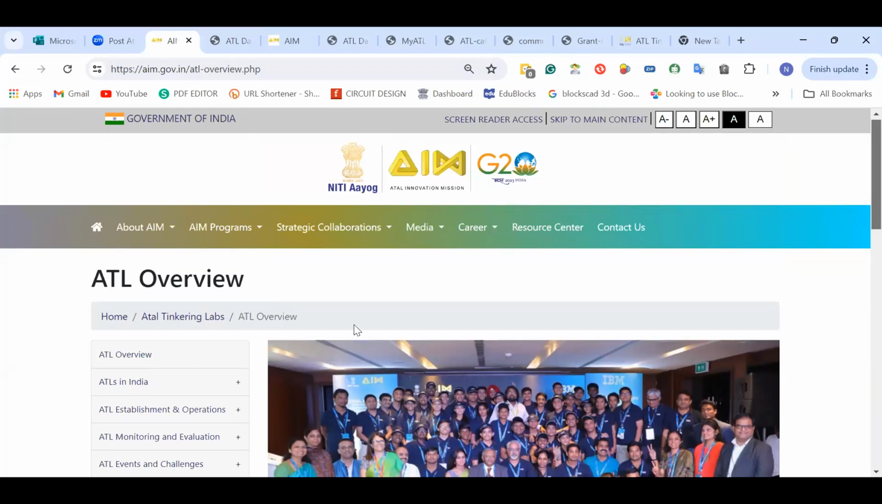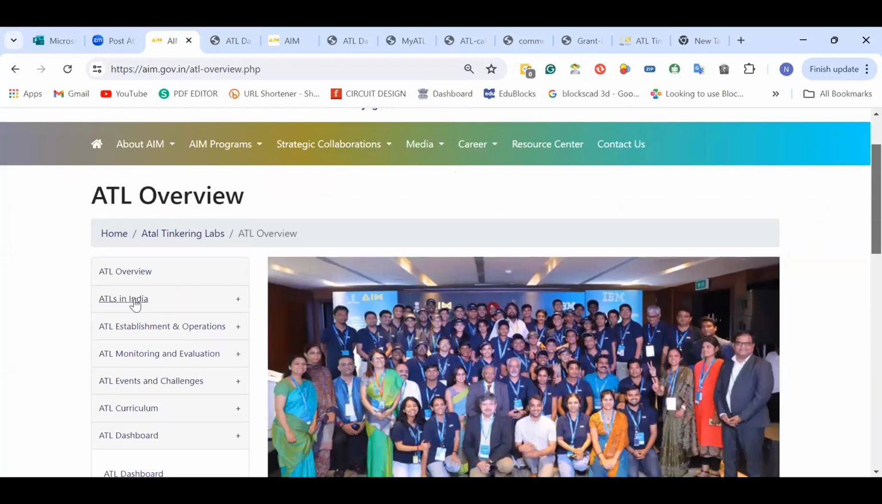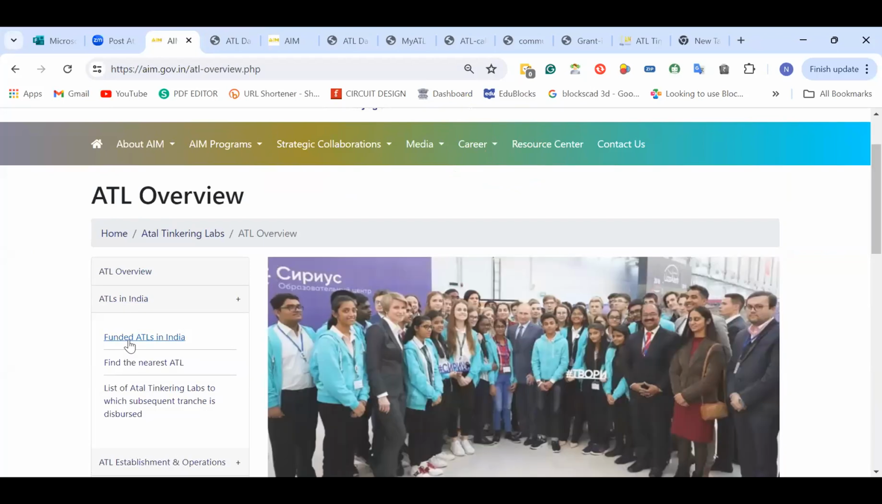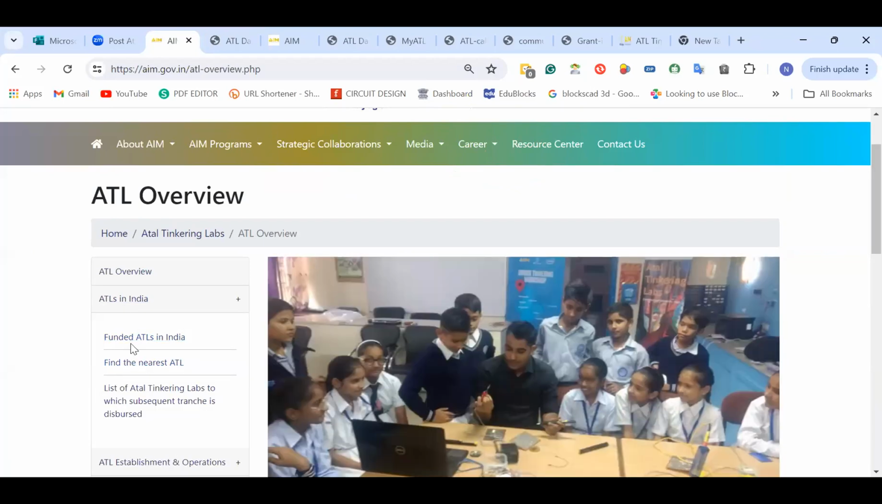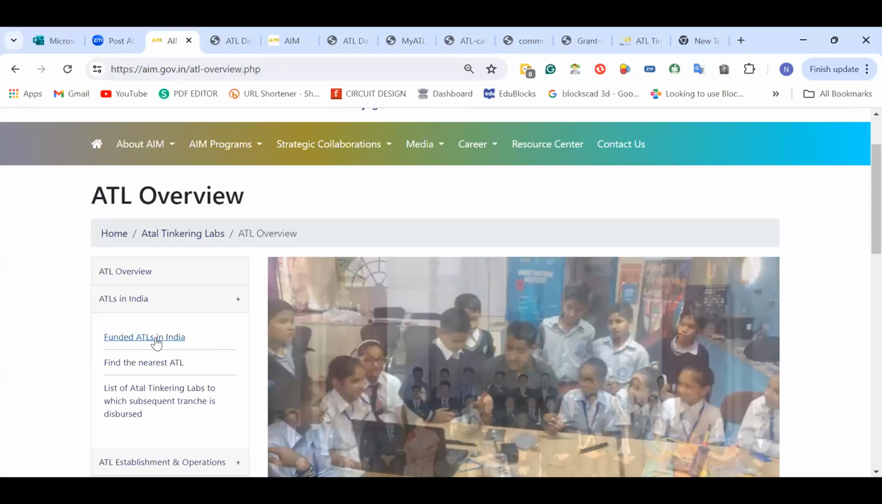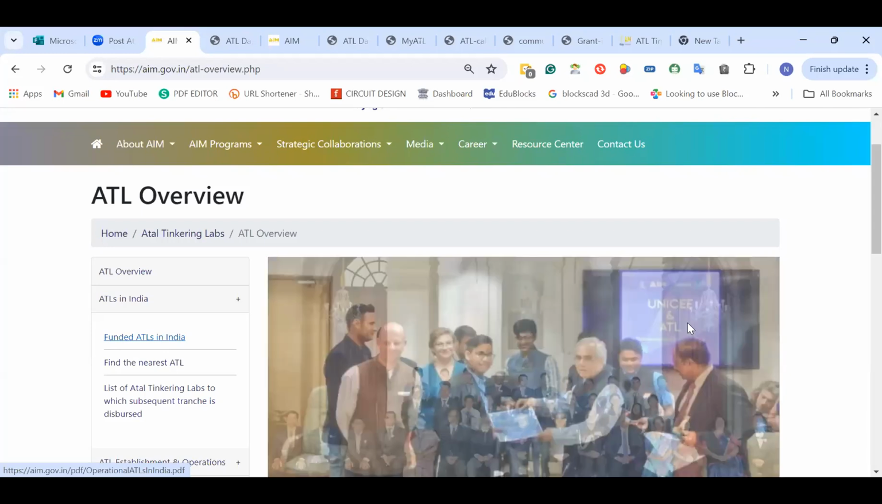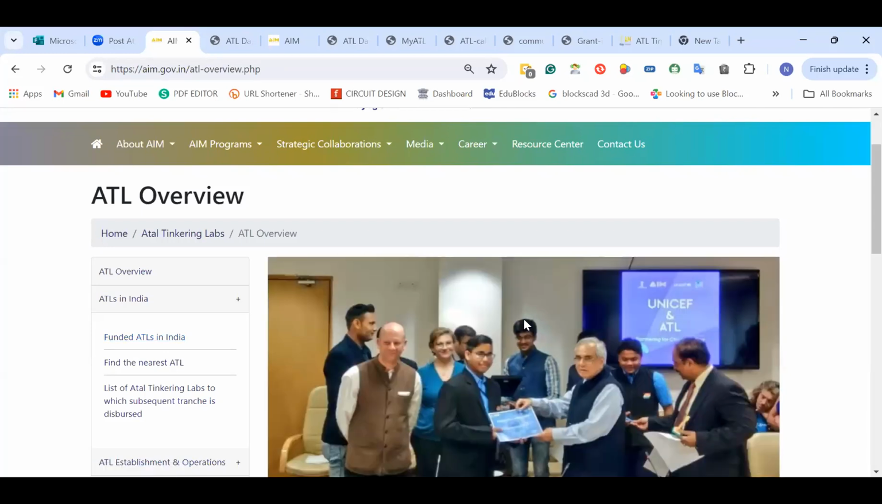Over here, you can go to ATLs in India and find your school name and ATL code. This is the first thing: if you have no idea, you can take a reference from here. Funded ATLs, there are 10,000 ATLs in the list. You can go by state and district, search your school name, and then copy the